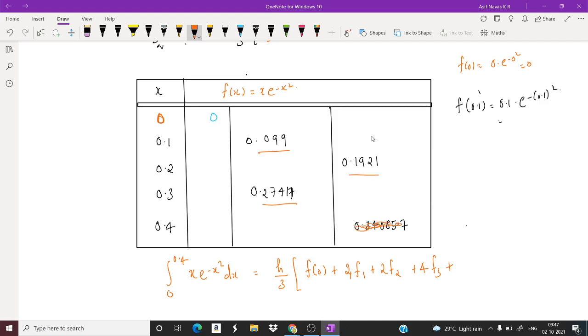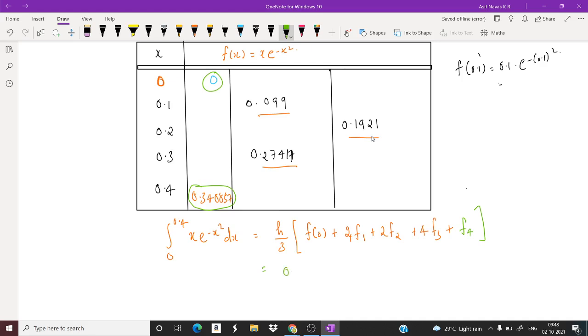Sorry, the last term I am writing it here, because for the last term we are not using 4 or 2, so this is f of 4. Okay. So this is equal to